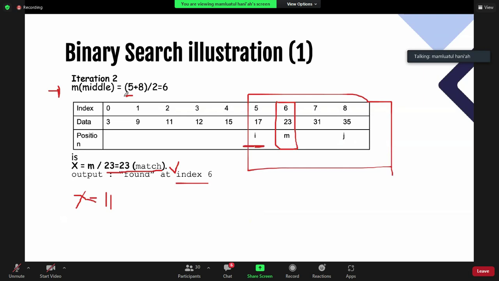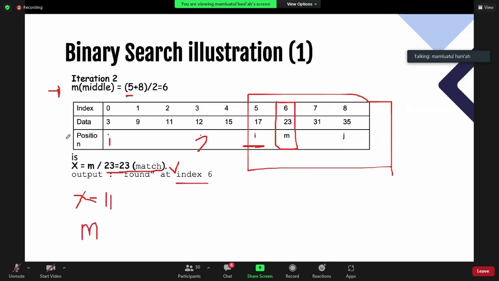And then if my X is 11, I will have J in here and I in here. Yeah, if you go to the left part, your array, your A value, is the same as in your last iteration, but you change your J value, your J index, gitu ya.